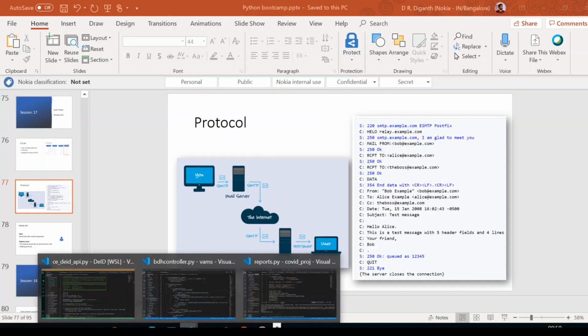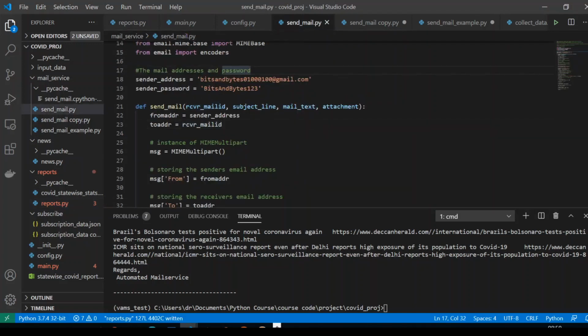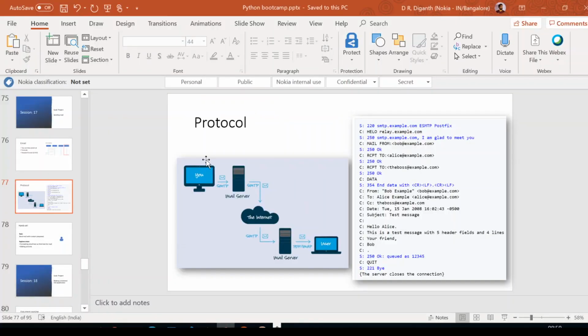Let us get into code. So now let us come to the send mail. Let us try to map what we have learned so far to the code. Now we are trying to transform our ideas into code. So what was the protocol that we are using here?